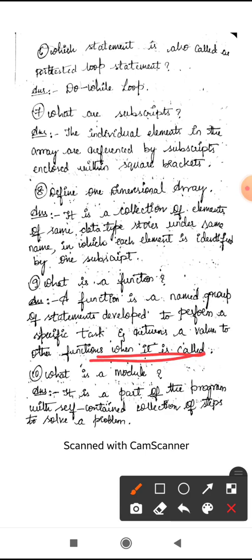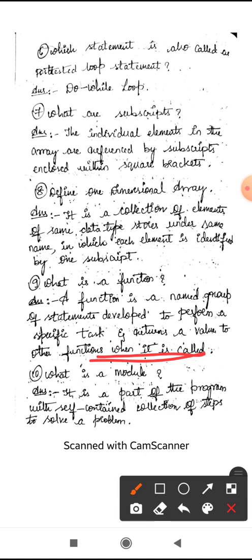So why it is required means to perform some specific task and returns a value to some other functions. Whenever the function is called, the return value will be returned for the main function.